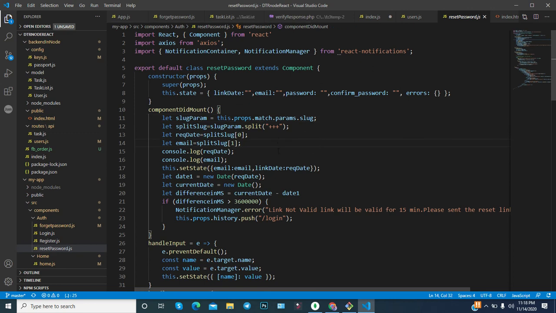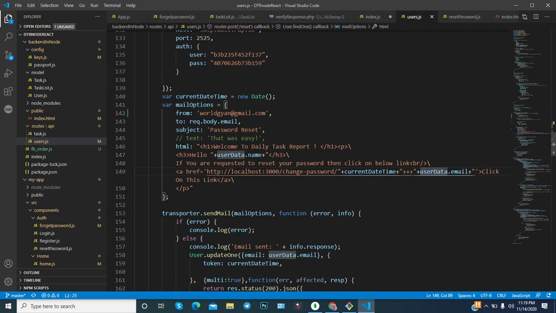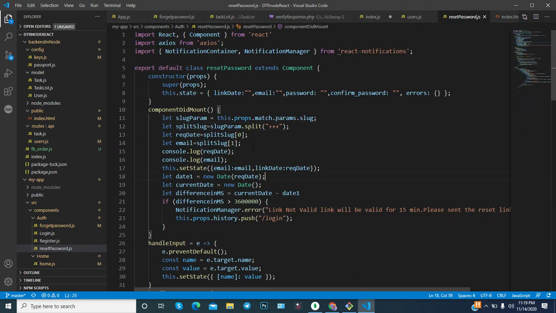Okay, so now you need to collect it. The plus plus plus means the date and email are concatenated in this particular link, so you have to separate them to get the information of the current time and the user email. You split it using the JavaScript split method on this plus plus plus, and it is divided into an array.